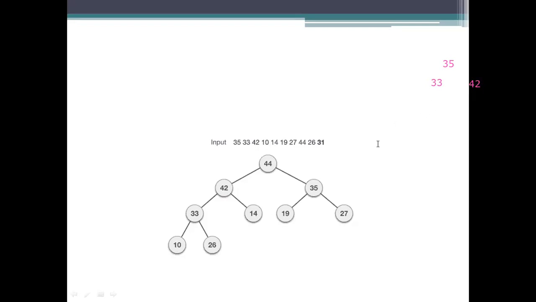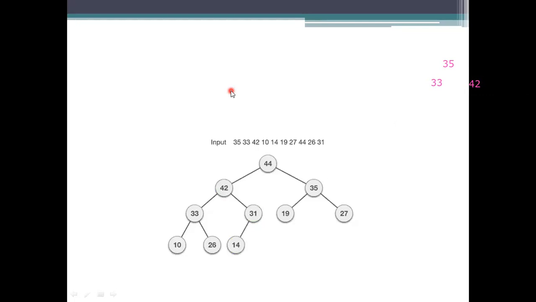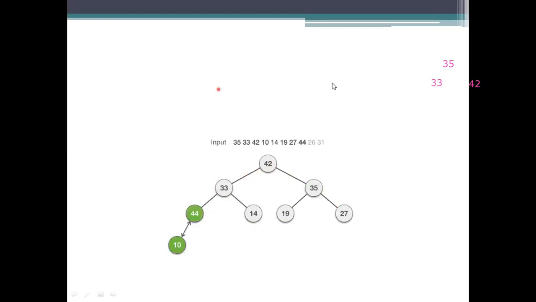There the problem raises. So to solve this one, what we have to do, we need to make the comparisons. So how I am making these comparisons here is, we need to start with the 35. Okay, 33 has been inserted, which is a less than value. 42 is a greater than value. Then what happens here? We swap it. And coming to the next one, 33 and 45 has been swapped here. So the swapping symbol, we need to swap these values. After swapping, we need to get the values here.